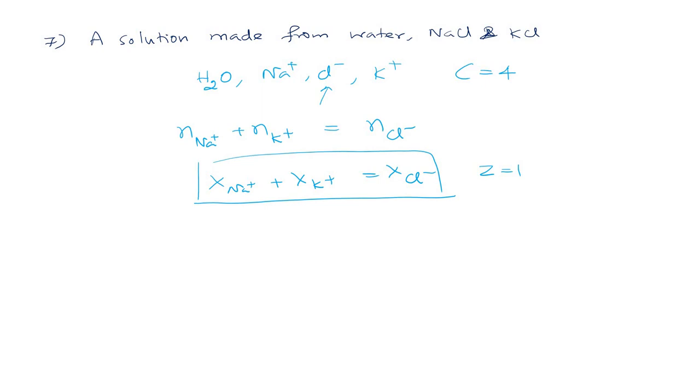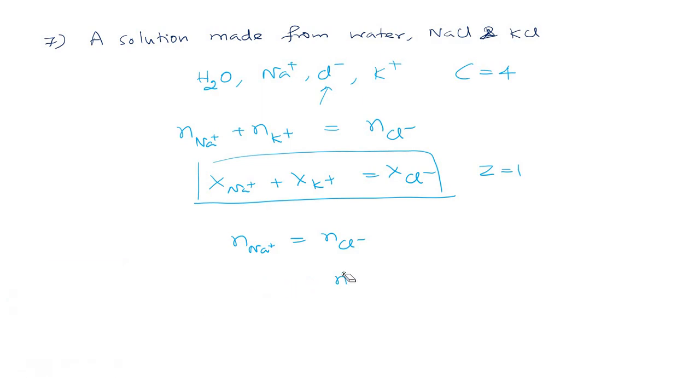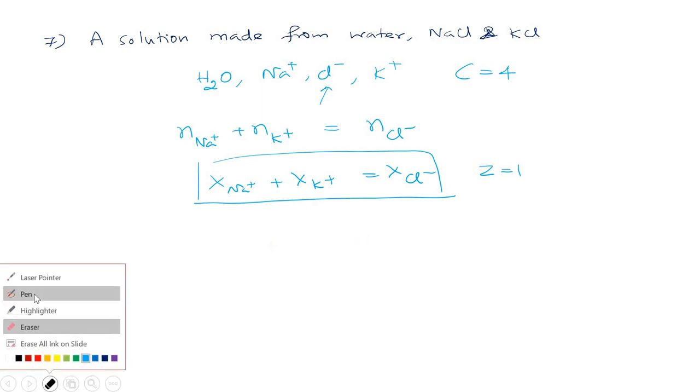Apart from this, we might have 2 more additional equations, because we are adding sodium chloride and potassium chloride. We are not adding in equal amount, just assume like that. So in that case, number of moles of sodium ion should be equal to number of moles of chloride ion that we have added, this is from sodium chloride, and number of moles of potassium ion should be equal to number of moles of chloride ion from potassium chloride. But this equation does not arise here, because the total number of chloride ion is already given here. So in this case we have only one